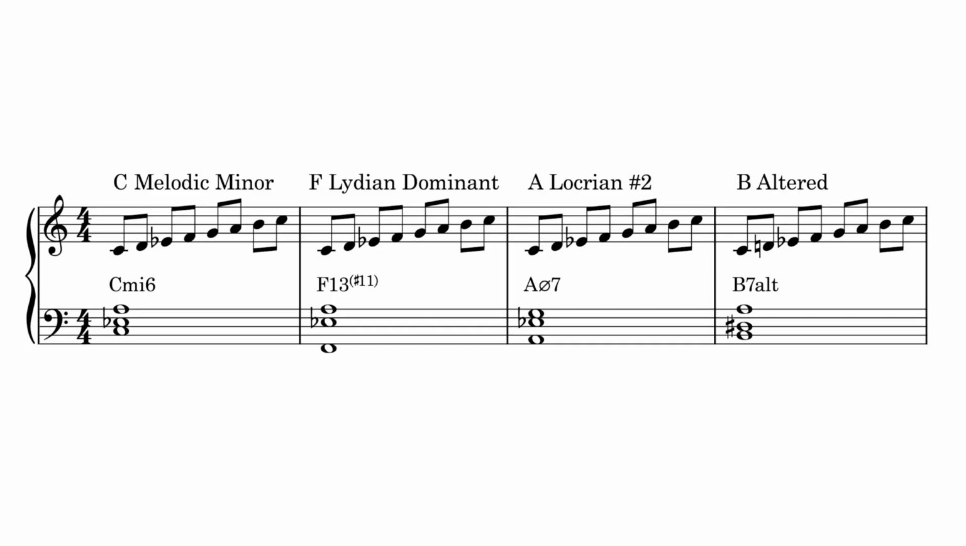There's 2 ways you want to approach practicing all this. One is to memorize each group of 4 chords and scales that are derived from the same melodic minor scale. I've used C melodic minor throughout this video, so that group would be C melodic minor, which is played over C minor 6 or C minor major 7 chords, F Lydian dominant, which is played over F7 sharp 11 chords, A Locrian sharp 2, which is played over A minor 7 flat 5 chords, and B altered, which is played